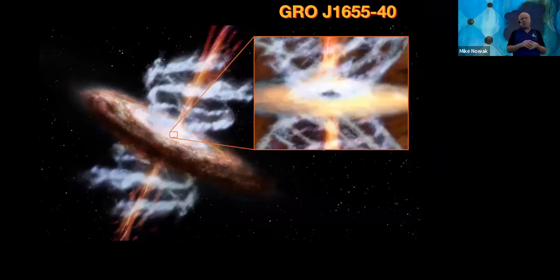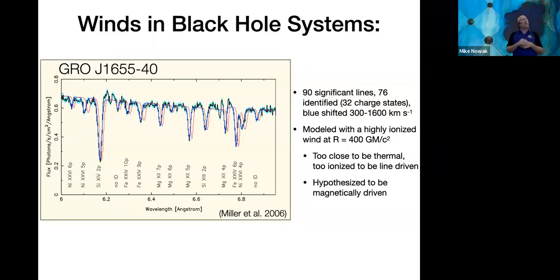But here's another case of another black hole where we are looking at winds being blown off of the material falling onto the black hole. This is a black hole known as GRO J1655-40, and we looked at it with the gratings, and here's the spectrum. You can see this is measured in wavelength, so this is about 2 kiloelectron volts or 20 million degrees. The red line is where we expect the lines to be. The blue line is where the lines were actually measured, and you can see they are shifted from one another, which basically means all that material is flying towards us at 1,500 kilometers per second.